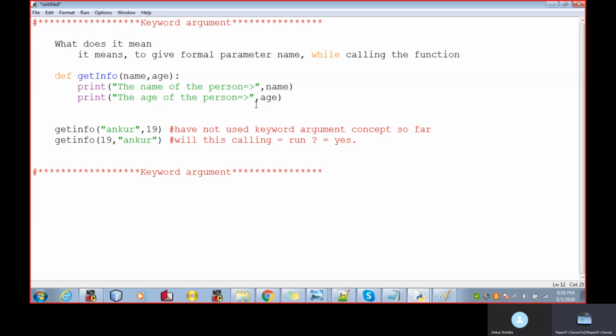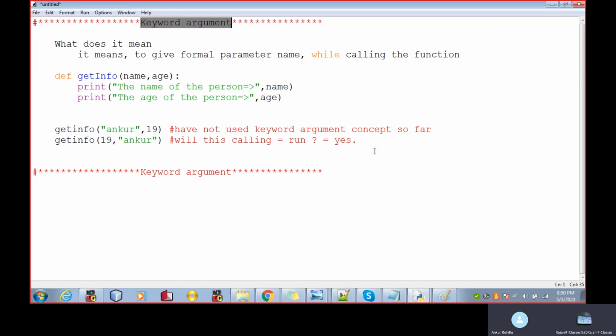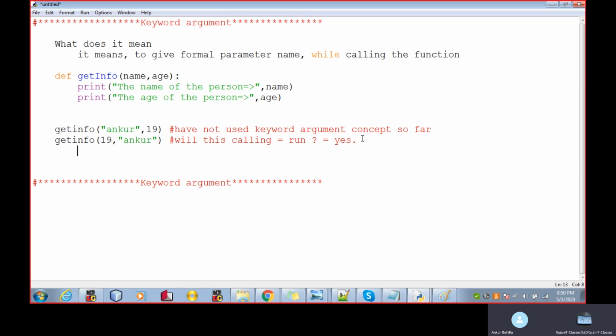Yes, sir. Okay, so in this situation I want to make it appropriate. In order to make it appropriate, I will use the keyword argument concept, right?